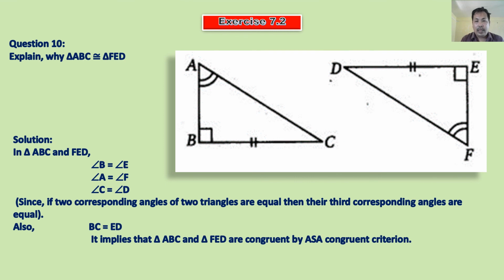Now let us look at the other part of this chapter, that is the lesson at a glance. One more point here: already given, angle B is equal to angle E, angle D is equal to angle C, or angle C is equal to angle D, and BC is equal to ED. For this we can apply angle side angle, because this side is the side between the two equal angles of the triangles. That's all. Now let us go to the next part of this chapter. The chapter has been completed here. Now let us have a lesson at a glance.